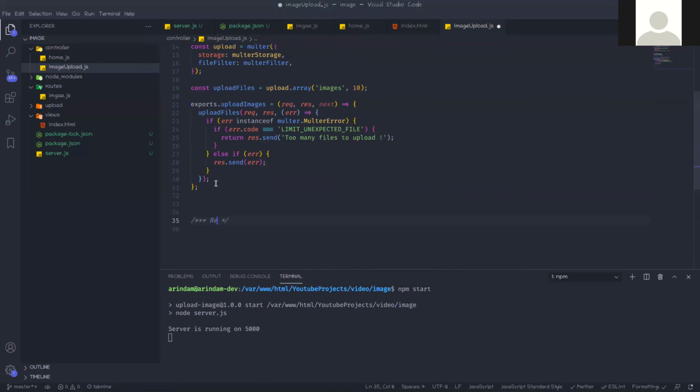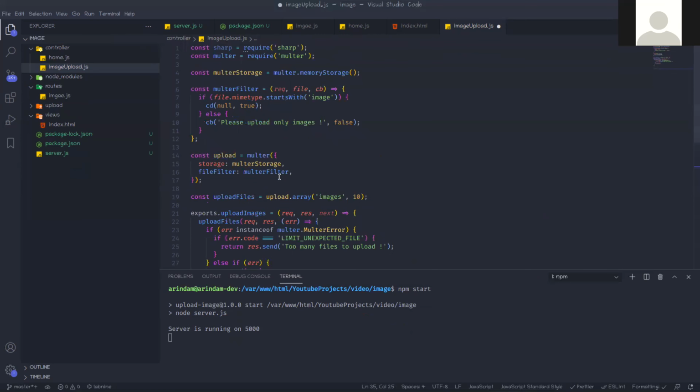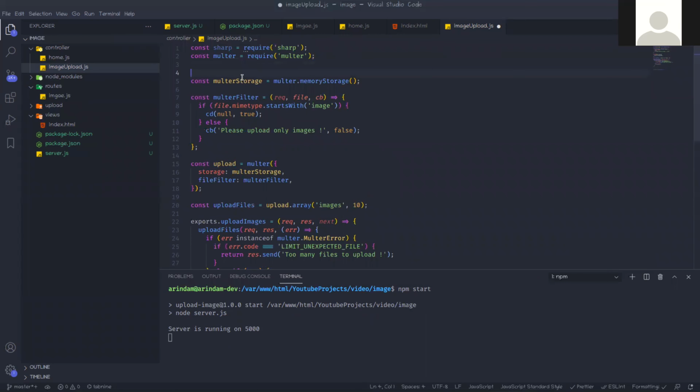Now we are resizing the images. This is actually upload images in memory storage.